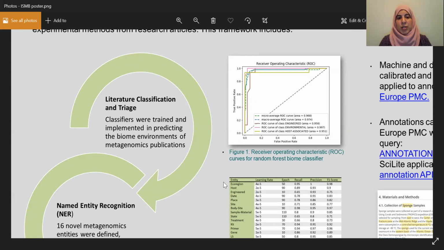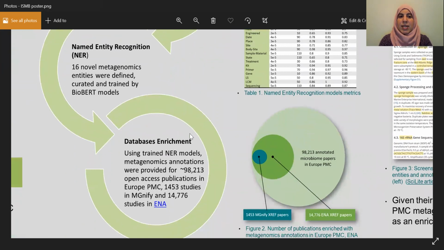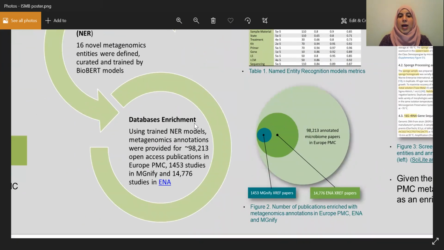Once the classifiers were trained, I applied them on metagenomics papers, categorized these papers, selected a random subset of these papers with evenly distributed biomes, and then used them for the second component, the named entity recognition. For this component, I've defined 16 novel metagenomic entities, curated them, and trained them with BioBERT models. Then I used these named entity recognition models to annotate and extract all the data of metagenomic studies from publications